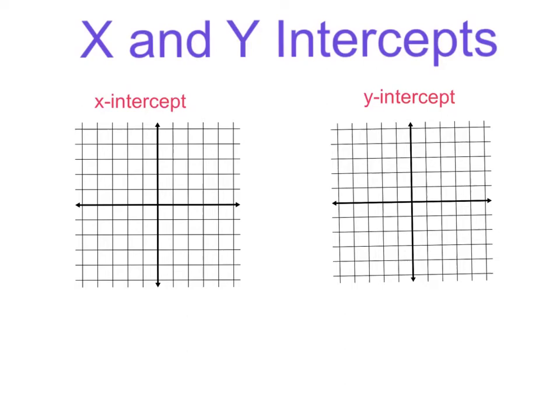Today's lesson is on finding x and y intercepts when given a linear equation, and then using the intercepts to graph linear equations. So first I just want to talk about what it means to have an x-intercept or a y-intercept. I'm going to start by just plotting points on the x-axis, because a point that crosses the x-axis is